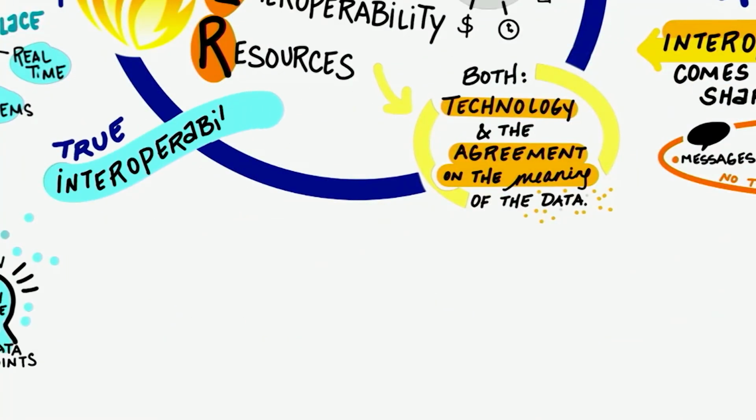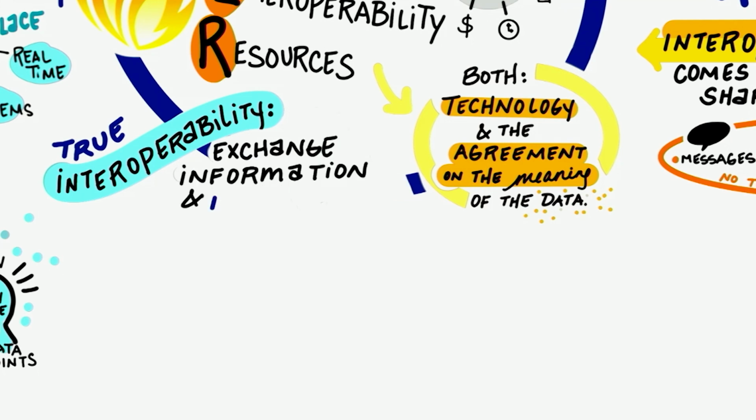So they say that true interoperability is when we say something and we both mean the same thing. But reality is that it's not us as humans that have to mean the same thing, it's our computer systems that have to mean the same thing. We're really good at figuring things out. Computers, not necessarily,